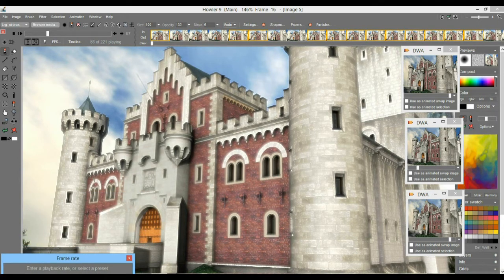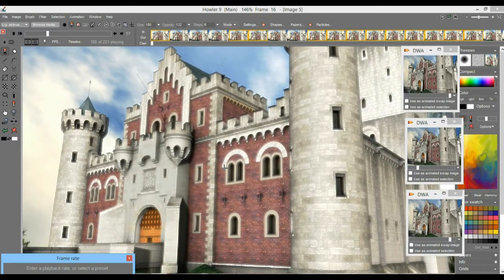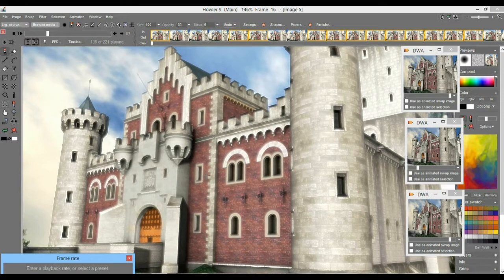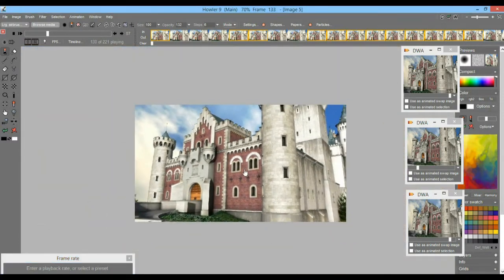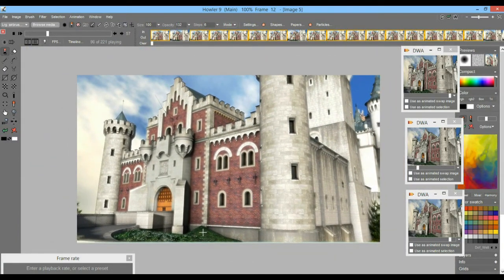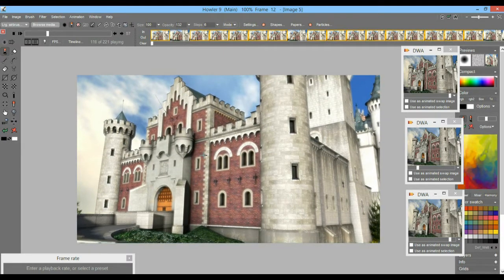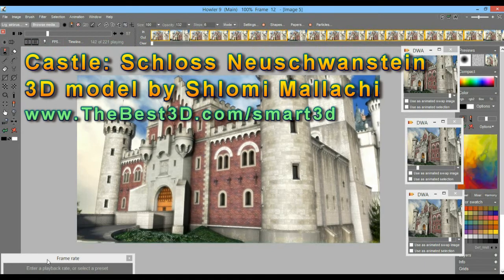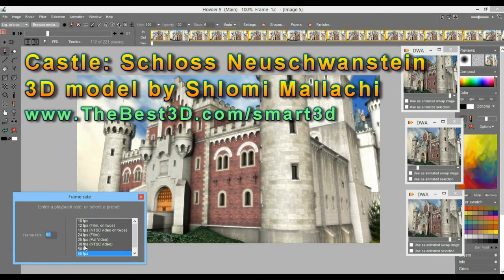Alright, here is another quick look at motion interpolation, motion estimated interpolation, that is. This is a castle scene rendered by Shlomi Malachi, and it's of course Schloss Neuschwanstein. But what we are going to focus on is a comparison of three different ways to do a motion interpolation. What you're looking at right now is a 60 frames per second playback, pretty fast playback